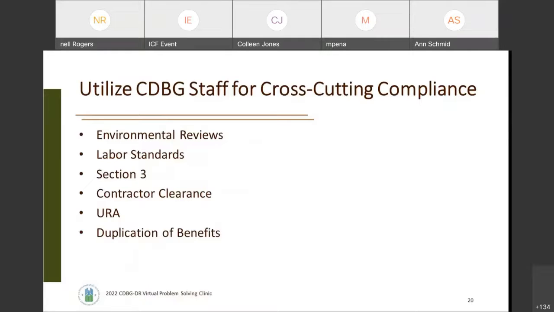And like I said earlier, really thinking about utilizing your existing CDBG resources and the staff who are currently working in the compliance areas of cross-cutting regulations. So if you operate an annual CDBG program and have an environmental officer who assists with those environmental review record reviews, if you currently have team members who are familiar with labor standards, Davis-Bacon wages, and issuing wage rates, if you have a Section 3 head who's monitoring those Section 3 labor hours for reporting purposes, the folks that are operating any contractor clearances and SAM.gov checks, anyone on your team who is knowledgeable and experienced in the Uniform Relocation Act. And then also, as I said, the duplication of benefits, which has historically been sort of a